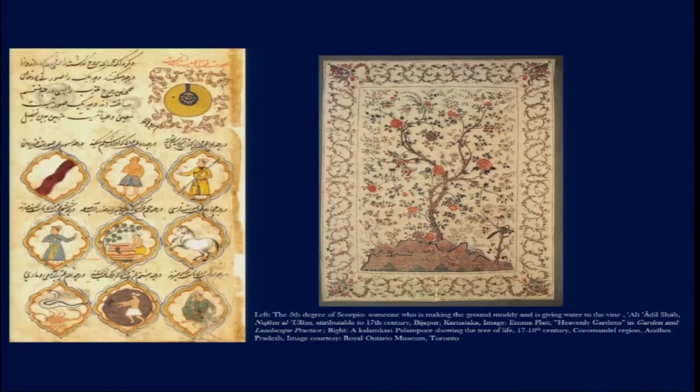The other depiction of garden will probably be these highly impressive kalamkari hangings, in which we find this tree of life motif. The kalamkaris were made in the Coromandel coast region and also perhaps in a few other parts in the Deccan. In the one we have on the right side of the screen, we find that the tree of life, which had been very relevant both in Islamic belief as well as in Hindu belief,